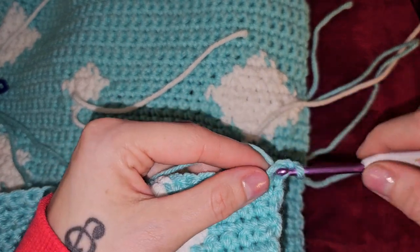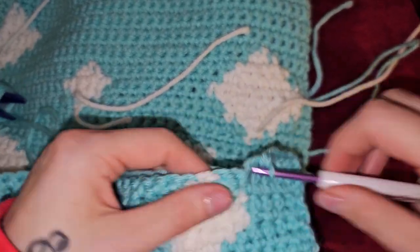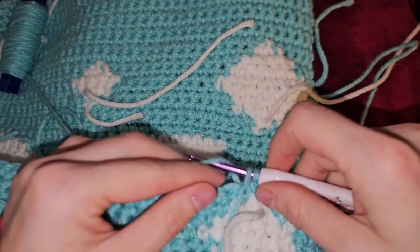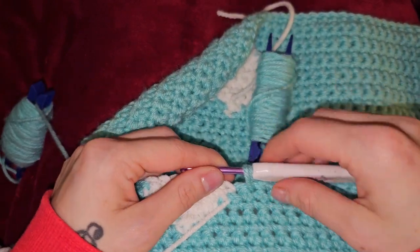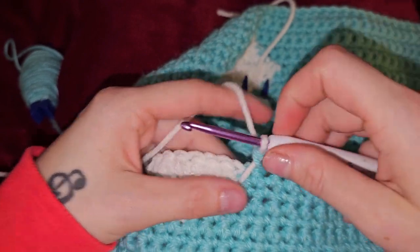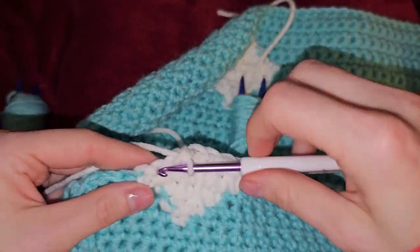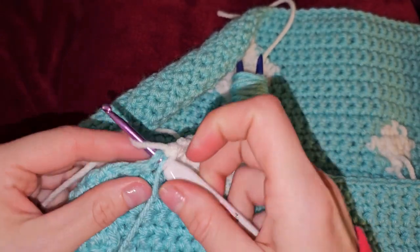row 52, we're going to do 34 teal. So I did 34 teal to start row 52. So now we're going to do 9 white, 1, 2, 3, 4, 5, 6, 7, 8, and pick up that teal, 9,